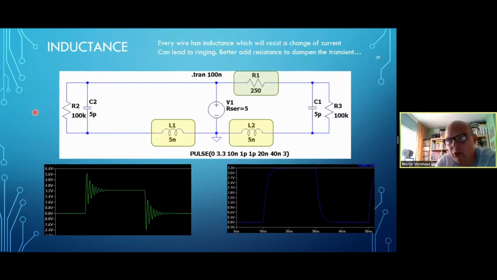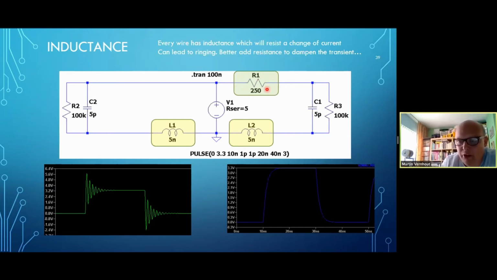Inductance is also not your friend. If you have a little bit of inductance in your return wire, for example, over here near ground, now each and every wire you create which carries a current will also have a magnetic field, and therefore it has self-inductance. If you have self-inductance, so it's not if you have it, you always have it, that can lead to ringing and strange oscillations. Now, by adding a resistor in series, you actually dampen it, you make it slower. And if you make it slower, at least the signal is not so super wrong.